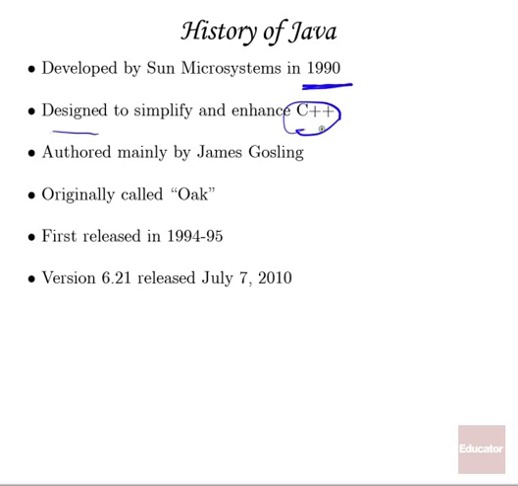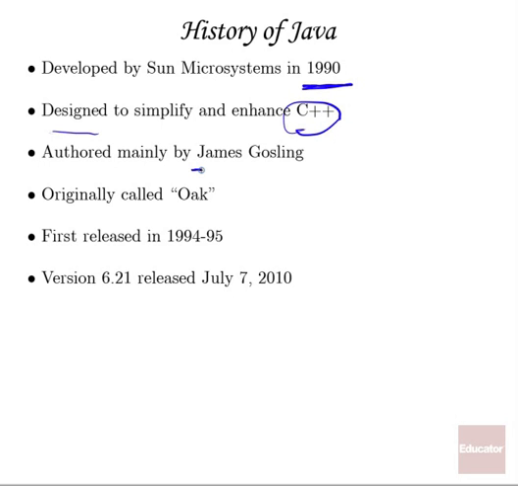Programmers at Sun were increasingly frustrated with C++'s syntax. It was quite lengthy. They wanted to simplify it and make it easier to type, not so much hard coding. And they were finding things that they couldn't do in C++ that needed to be done, especially for smaller devices, web pages, and so forth.